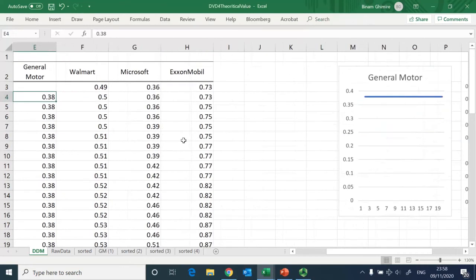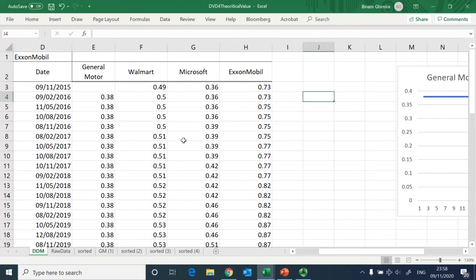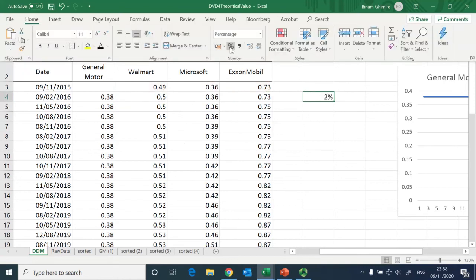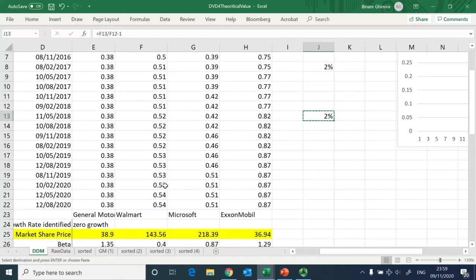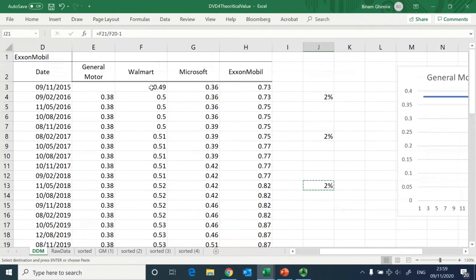So if we wanted to see, we may as well be able to see it in terms of percentage change. So that's giving me 2% roughly, and that's something I want to implement in other cells as well. So here 2%, again here 2%. You can see I'm applying for Walmart, so it's coming 2% all the time when the dividend paid amount is changed. So therefore we can say the growth rate is constant,